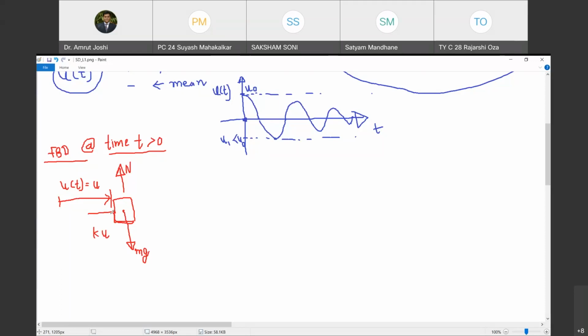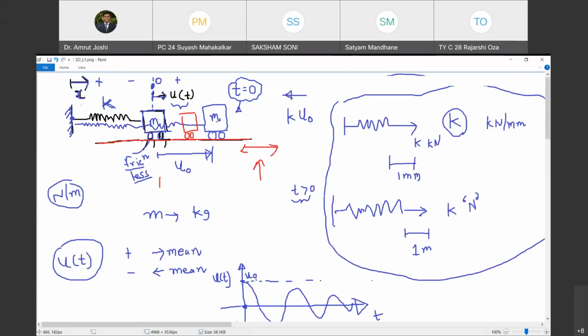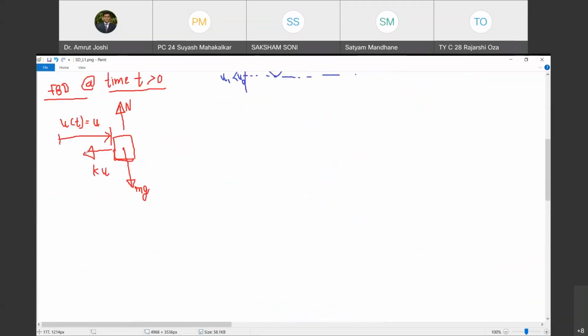Happy? Yes, sir. Okay. And why do I show this force towards the left? Because even though the block has started coming back, at this position it is still on the right hand side of the mean position, and therefore the spring has experienced expansion. So the spring will try to contract. In the process, it will try to pull the block towards the mean position. Do you agree with me? Yes, sir. So therefore this force will be equal to k times u of t. I have said the 'of t' in my mind; I am not going to write it. Do you agree with me? Okay. Now, is this free body diagram complete? Have we shown all the forces acting on the body?